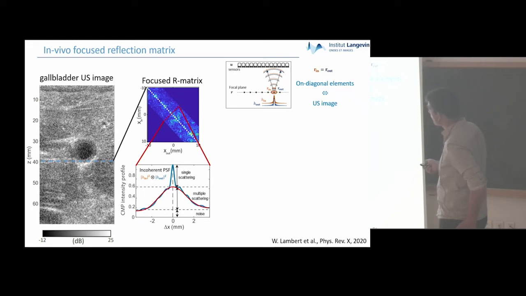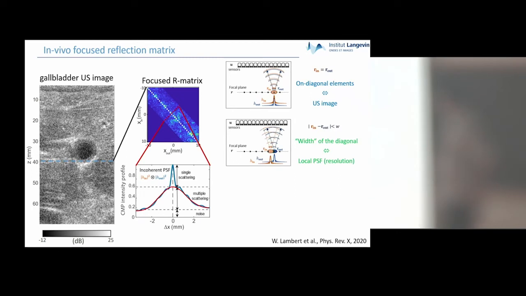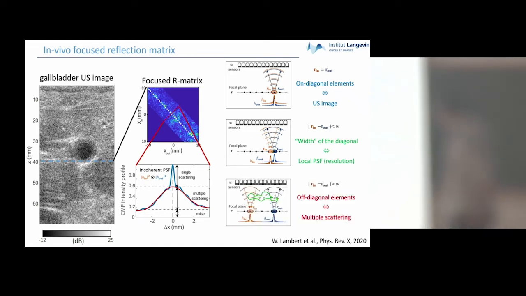I just took the average over all the anti-diagonals of the reflection matrix, an incoherent average. And you can show theoretically that if you are in a speckle regime, it gives you information about the quality of focus at input and output. It's a convolution between the incoherent PSFs. So the spatial extent of this peak tells you about the aberrations. The width of the diagonal gives you information on the local point spread function at input and output. And then on top of that, you have a white background, a multiple scattering background,